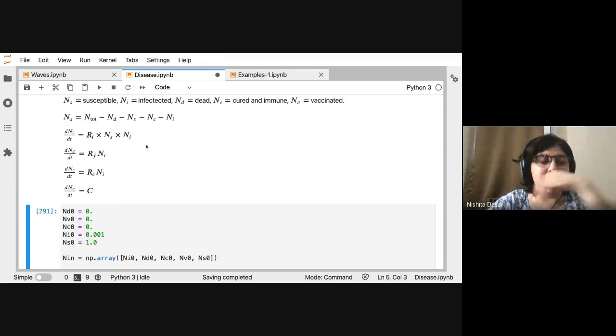So then this is the system of equations that we need to solve. How does the number of infections change? We know it has to be proportional to the number of people available to be infected, that's NS, and it also has to be proportional to the number of people who are already infected. If you have no person infected, of course, there's going to be no new persons infected, so you're not generating anything new. And this coefficient, I'm just calling it Ri.